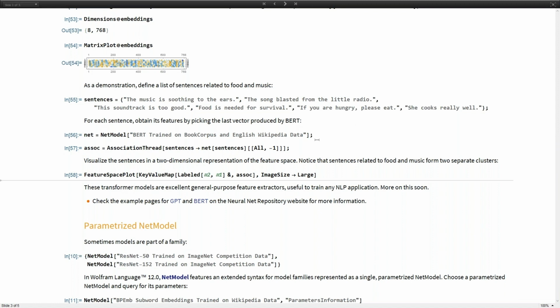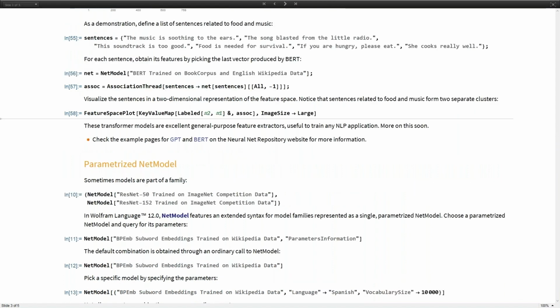So the meaning of the sentence is encoded in the representation produced by the network. These are very powerful tools to train any NLP-related application. I will speak later about the architecture of transformers and how you can implement them in the language. For more information, you can also check the example pages for these two models on the neural net repository website.